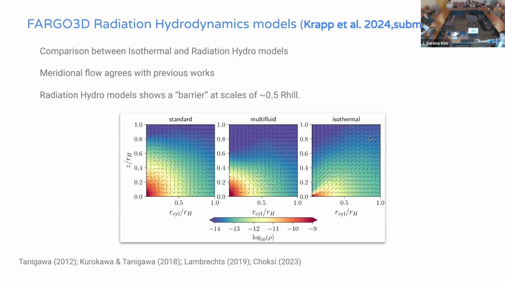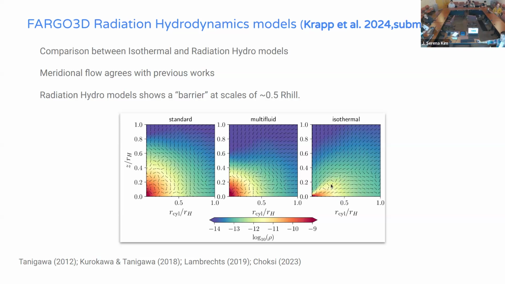We see this standard picture that has been out for more than a decade. So there's nothing really new about this plot, it's just a comparison. Well, there's one thing that is new, I will tell you. But in terms of the velocity field and the density, we see what has been shown already by many other authors. Here you have a circulation of material, accretion comes through the poles, and then you have an outflow at the midplane. And in the isothermal case, where the pressure support is minimal, you form a circumplanetary disk, and you can kind of see